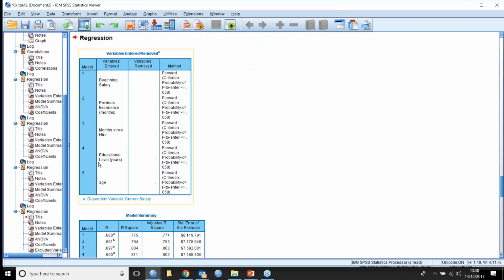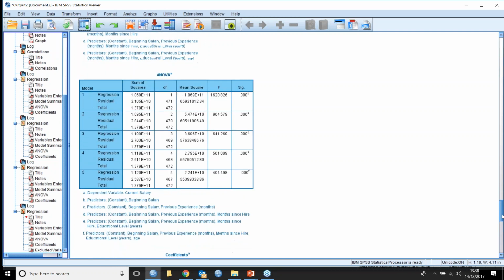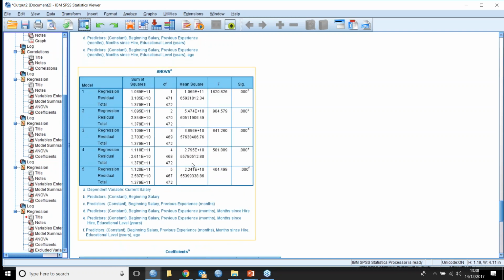So you can see here it builds a 5-step equation, and it says, okay, I'm going to add in beginning salary, I'm going to add in beginning months since, and then I'm going to add a month since hire, and I'm going to add in education level, then I'm going to add in age, and you can see it stepping up from 0.77 to 0.81 in terms of 81% variation, and it shows us, of course, 5 different ANOVA tables